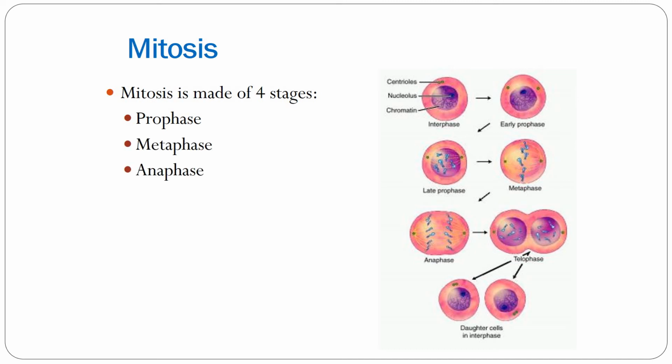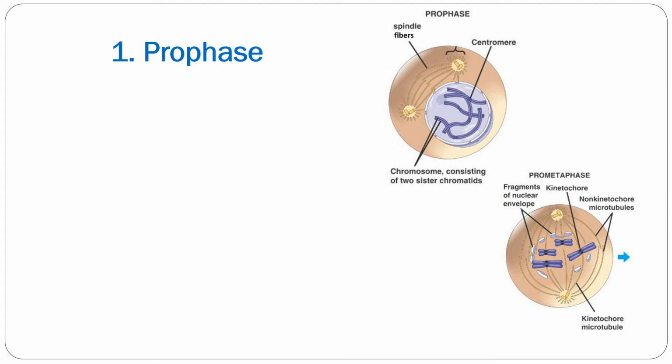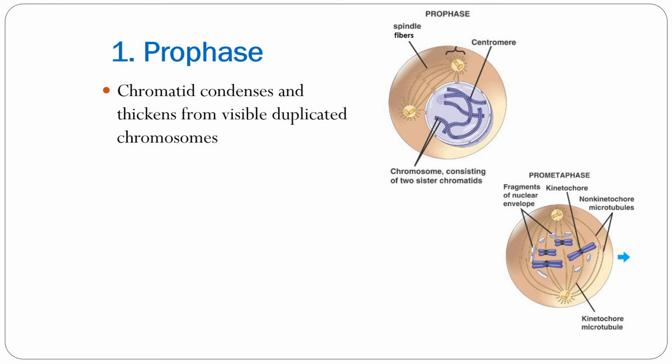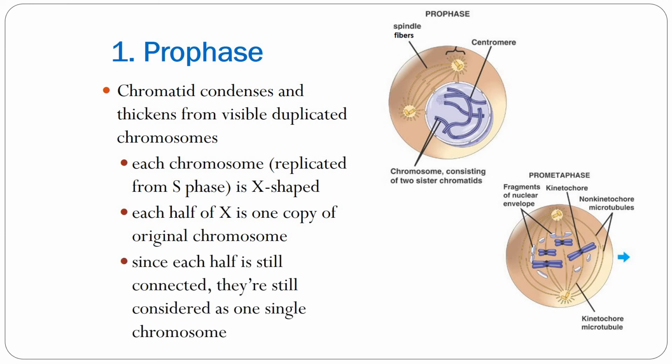Now the 4 stages, PMAT: prophase, metaphase, anaphase, telophase. These phases can be seen in rapidly growing areas of plants and animals. Okay, so stage 1, we have prophase. In this phase, chromatin condenses and thickens into visible duplicated chromosomes, and each chromosome looks X-shaped. Each half of the X is 1 copy of the original chromosome,